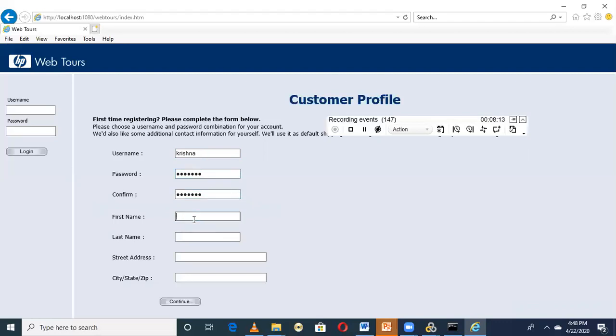Next, first name is Krishna D and last name is Chaitanya. Street address, let us say Kukatpalli, and city is Hyderabad. Click on continue.